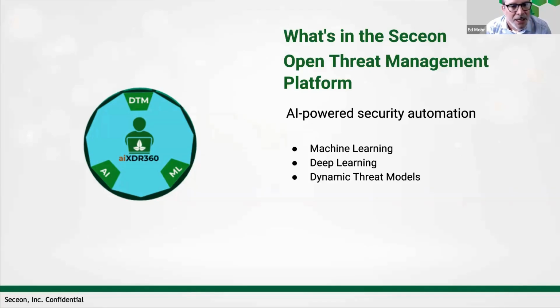With Seceon, they began the development knowing that they had this all-in-one cybersecurity platform with the intent, and they had the foreknowledge to say, let's begin with machine learning and deep learning and dynamic threat models that are specific to the cybersecurity industry. Understand, everybody talks about machine learning. Machine learning is best for well-defined tasks and structured and labeled data, whereas deep learning is best for complex tasks that require machines to make sense of unstructured data. So that's a big differentiator for us, that this is a component within the solution itself.